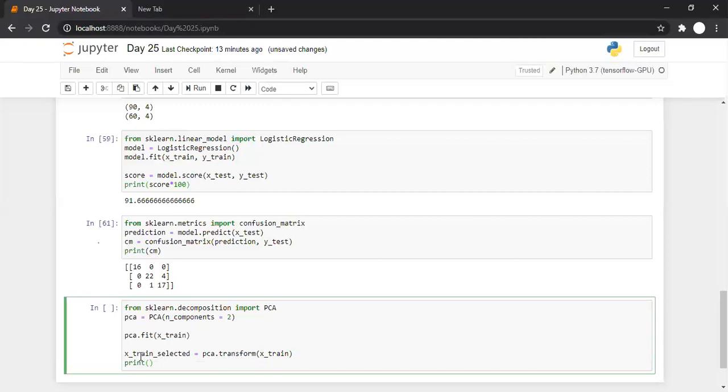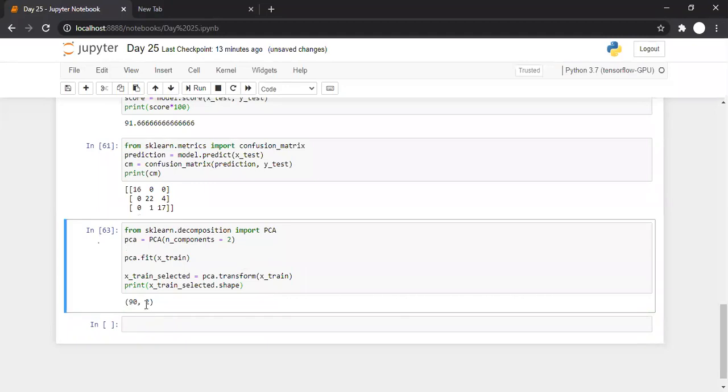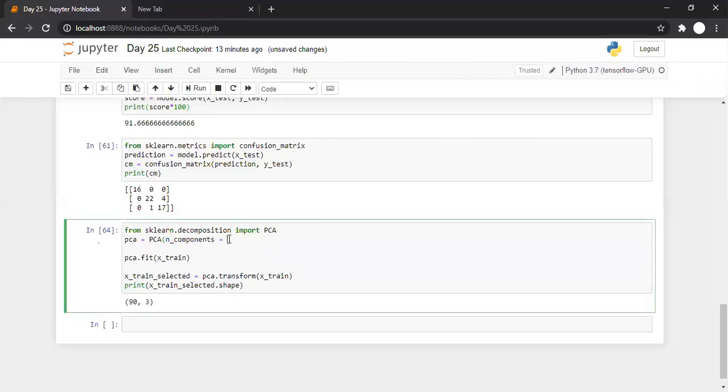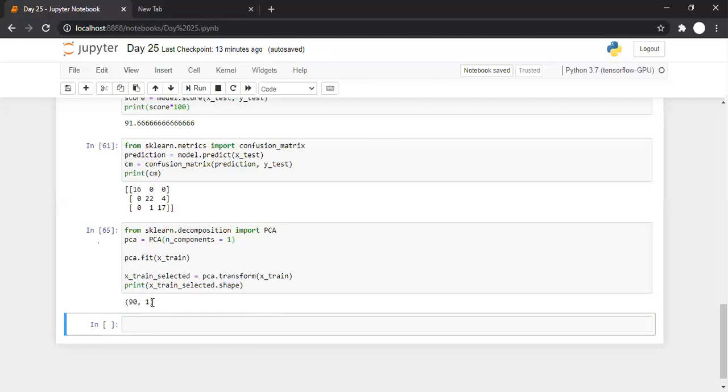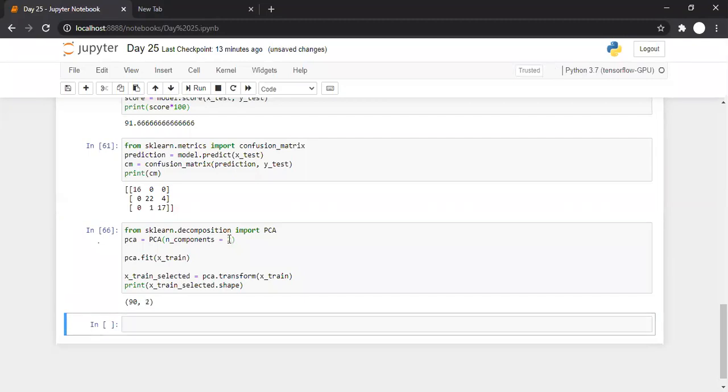Let us check the shape of X_train_selected. Now see, there are 90 records which were there, but the number of features is now 2 instead of 4 because we have mentioned 2 over here. If we specify 3, it will select the 3 most important features. If we mention 1, it will select the 1 most important feature and so on. So it's up to us how many features we want to specify.